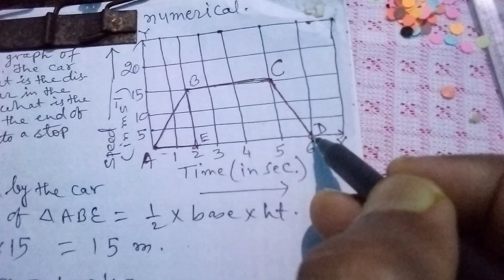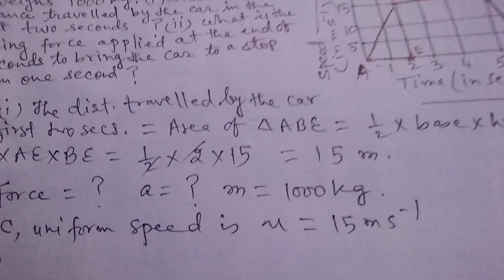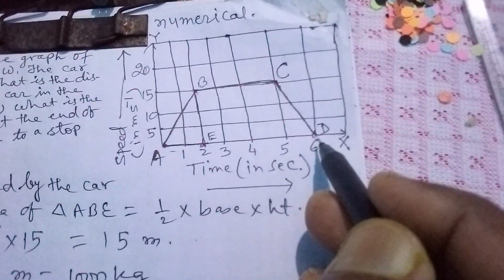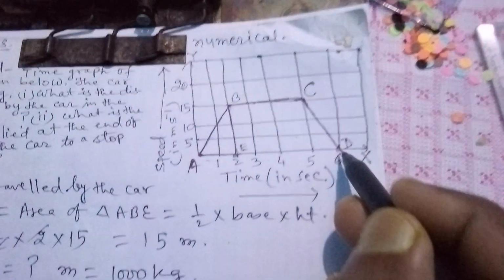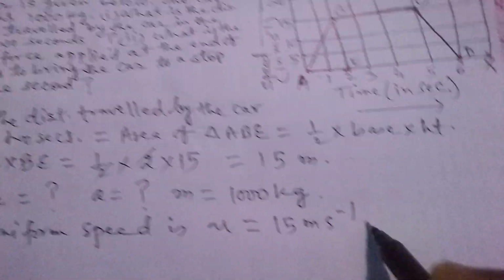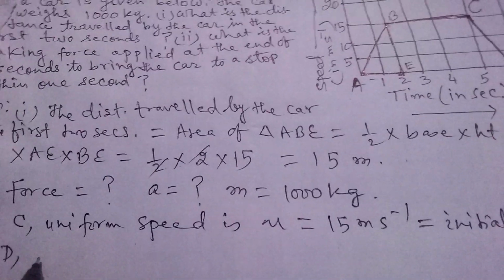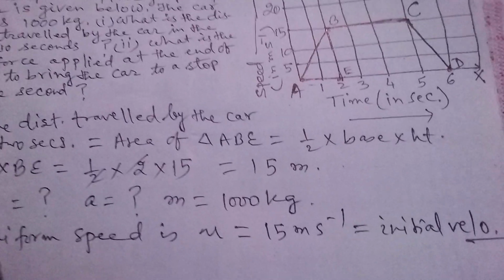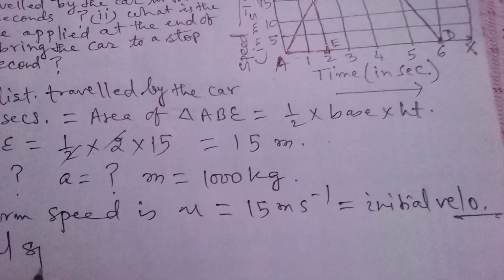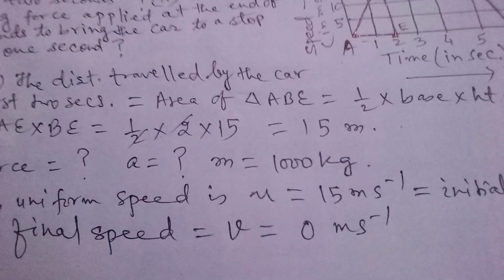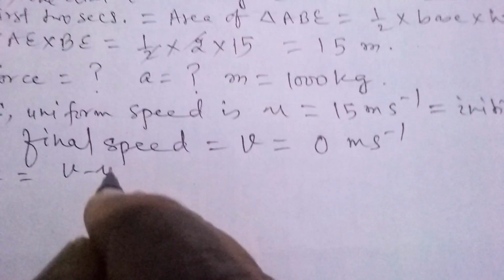Okay, and at D, the body retards, that means there is retardation. So we will find out the final velocity, and U is the initial velocity of the speed. Then at point D, the final speed V is 0 because it stops, and therefore